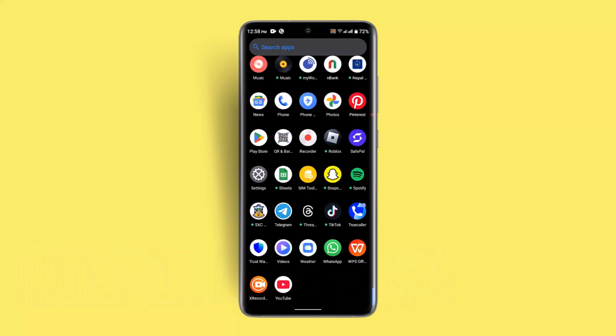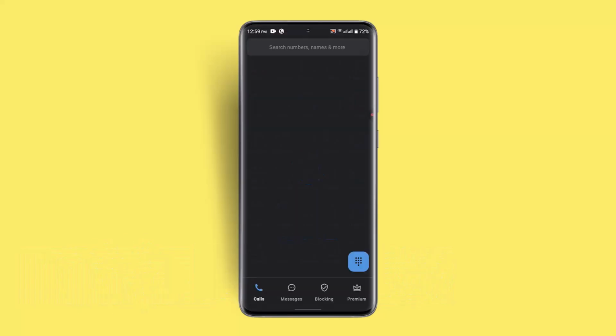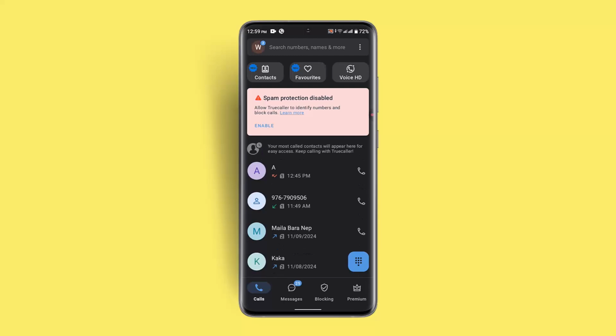Unfortunately, you cannot directly turn on hidden number on Truecaller app, as Truecaller cannot identify or display hidden number. If a number is hidden, it will appear as unknown and cannot be identified by the app itself. However, you could choose to block any unknown or private number that appears on your phone through the Truecaller's blocking